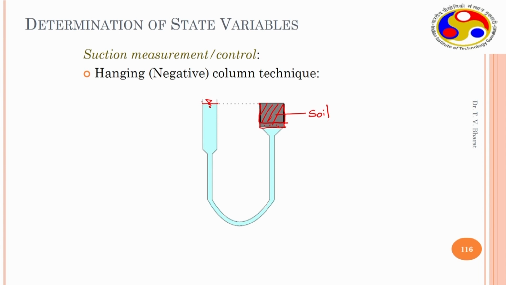saturated. If you raise this level, then water will start flowing. Now, what if you bring this column down? For example, if the column is brought down to this level, so the new water level is here, or it could be further brought down to this, water level is here. So, what will happen to the soil?